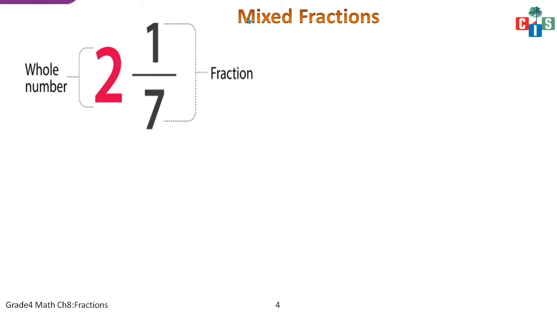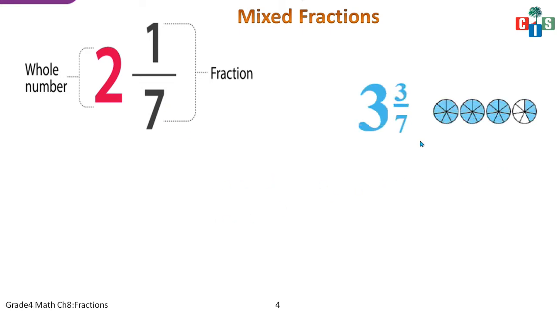Fine. Now let's have an example of a mixed fraction, the third type. Now this name is mixed fraction, what do we have to mix? Okay, you have to mix something to have a mixed fraction. So you have to mix a whole number, meaning a complete number, and a proper fraction. See, this is the example. Two things have to be mixed: one is the whole number, which is 2, and one is a fraction. A fraction which is made up of a whole number and a proper fraction is called a mixed fraction. It is a mixture of two things, a whole number and a fraction.